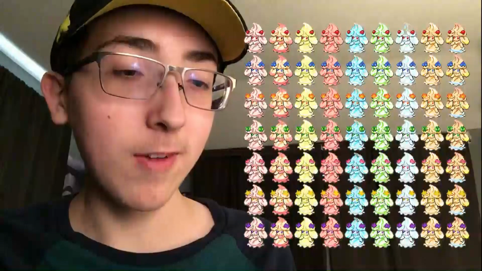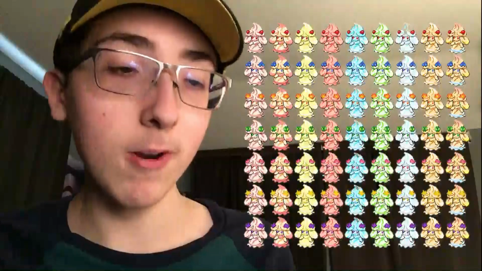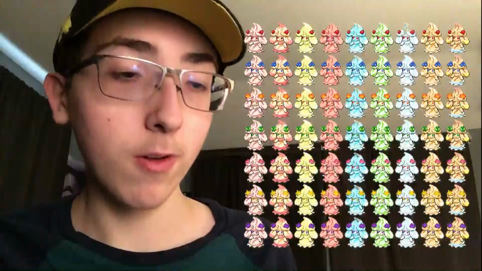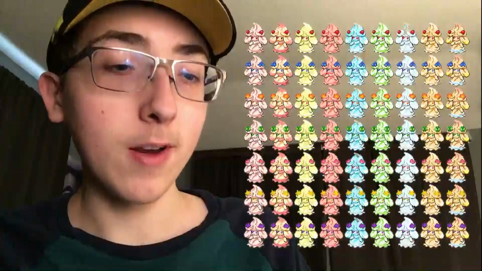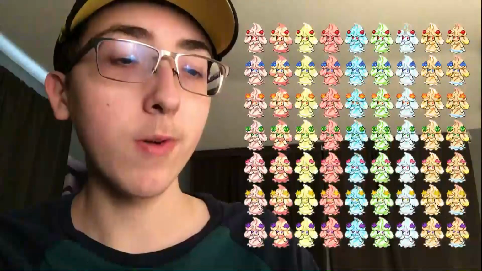Then you have Lemon Cream Strawberry, Lemon Cream Berry, Lemon Cream Love, Lemon Cream Star, Lemon Cream Clover, Lemon Cream Flower, Lemon Cream Ribbon. Then you have Salted Cream Strawberry, Salted Cream Berry, Salted Cream Love, Salted Cream Star, Salted Cream Clover, Salted Cream Flower, Salted Cream Ribbon, Ruby Swirl Strawberry, Ruby Swirl Berry, Ruby Swirl Love, Ruby Swirl Star, Ruby Swirl Clover,